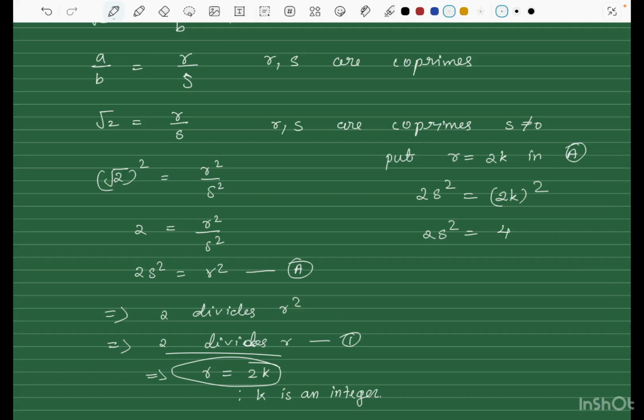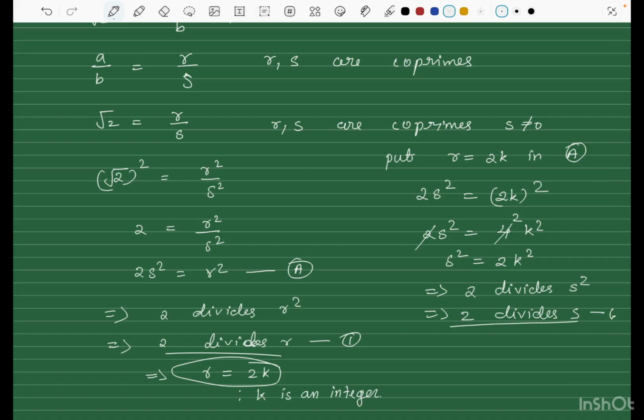So we get 2s square is equal to 4k square. 2 can be cancelled. So s squared equal to 2 into k square, which implies 2 divides s square. That is, s square is the product of 2 and k square. So 2 is dividing s square, which implies 2 divides